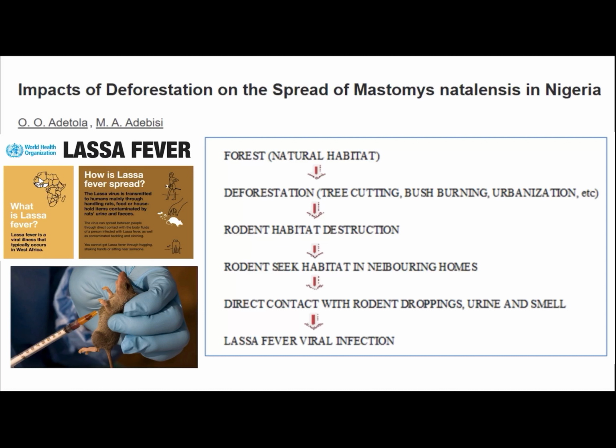And basically, you have a natural habitat. When you have deforestation through tree cutting or bush burning or urbanization, you're destroying the habitat of rodents. Those rodents seek refuge in homes and dwellings and places that are also occupied by people. And when you have that overlap and interaction, people encounter rodent droppings and urine, and that's where they encounter the